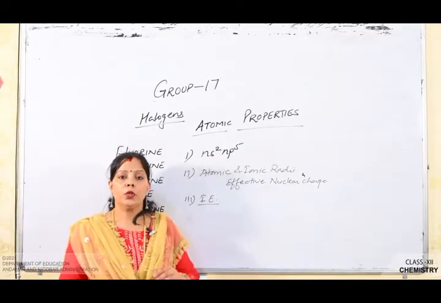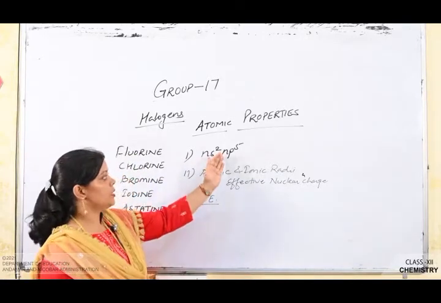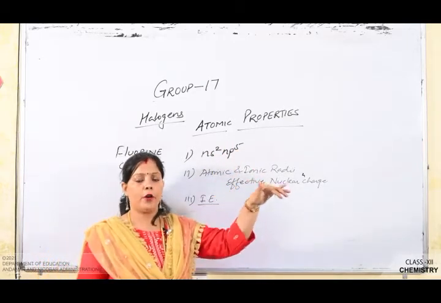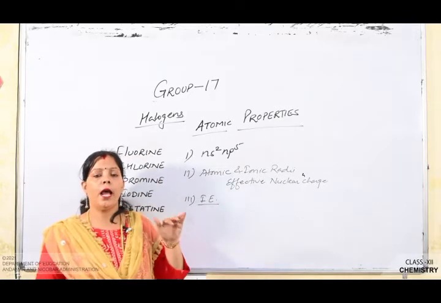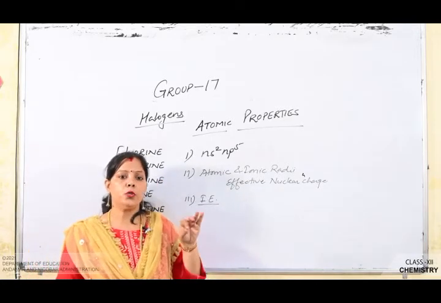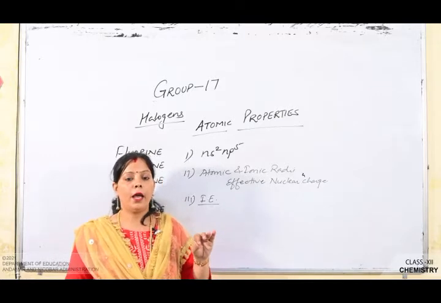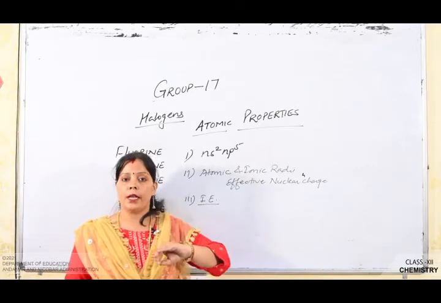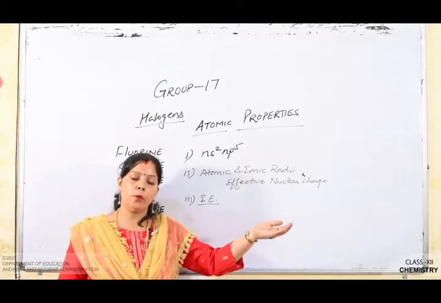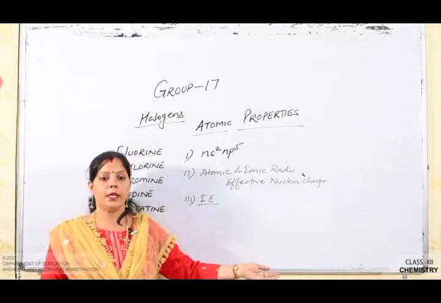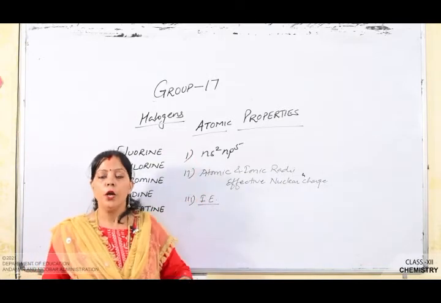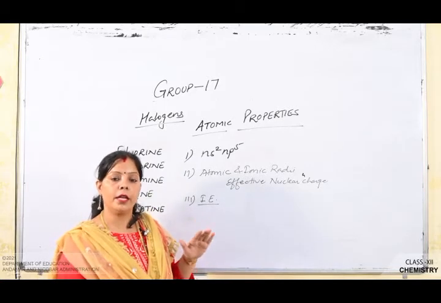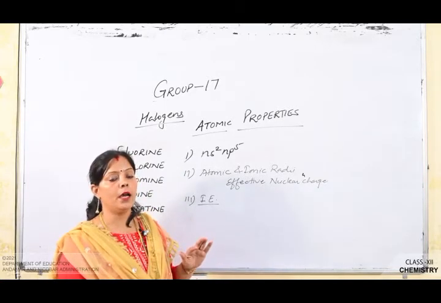Ionization enthalpy. Since the halogens have 7 electrons in their valence shell, only 1 electron less than the octet electronic configuration, the halogens have little tendency to lose their electron. Thus they have very high ionization enthalpy, because next to group 17, group 18 consists of the noble gases, inert gases. On moving down the group, due to increase in the atomic size, the ionization enthalpy decreases, and this is only due to increase in the atomic size.